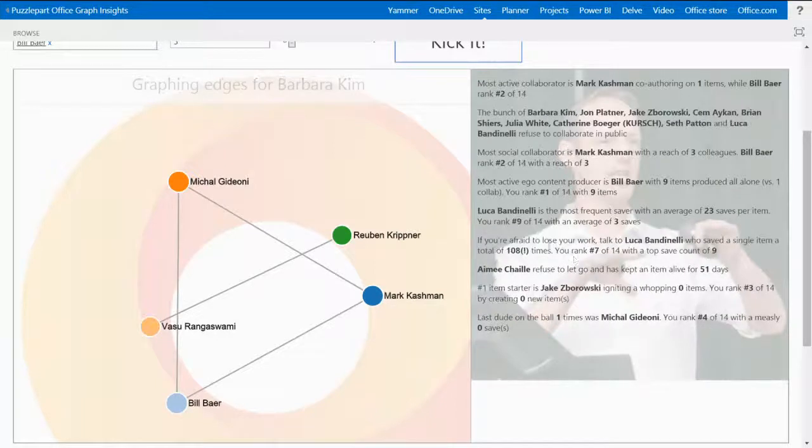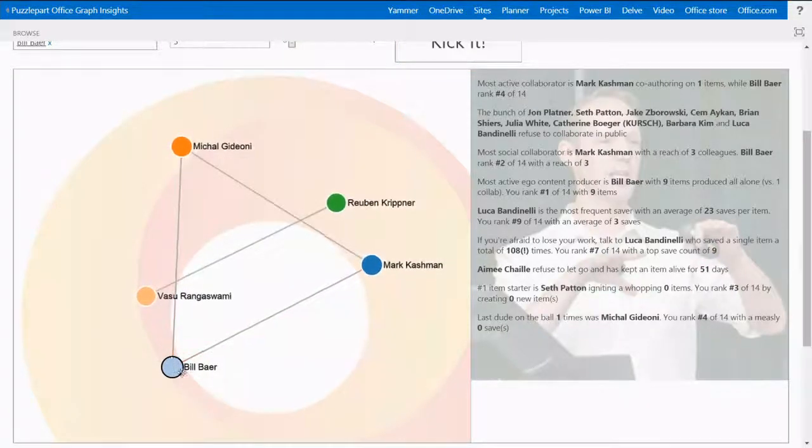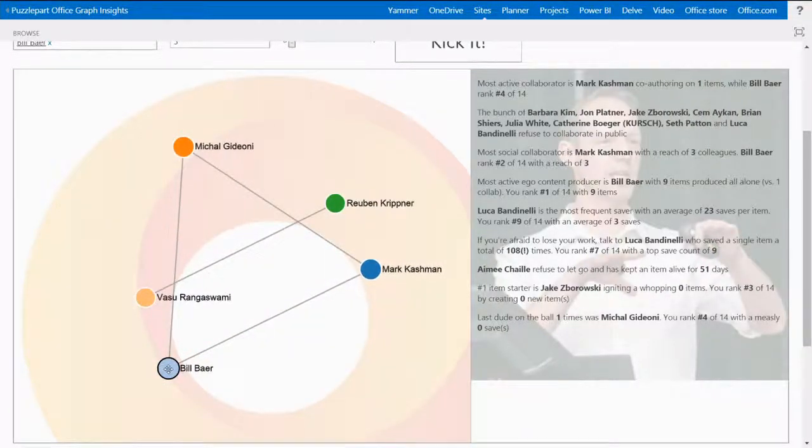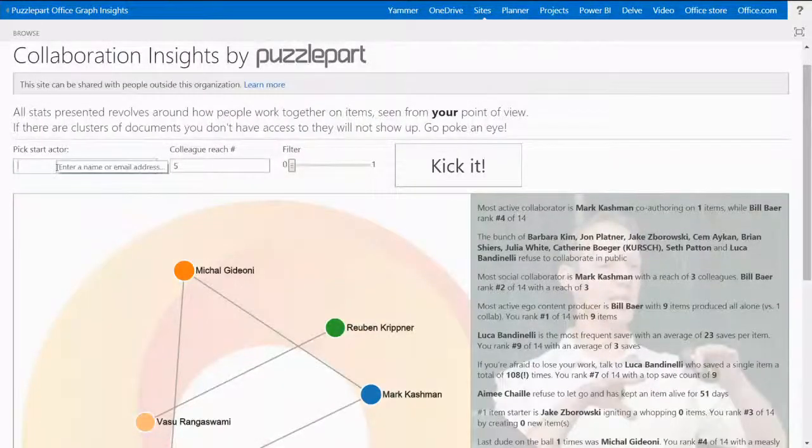So what's this triangle you got going here, Bill? Yeah. No, I want you got a lot of people. You talk to everyone, and you also have an account Office 365. So you have a user. So I'll pull you. Hey, but I've created the most content. Oh, yes, for you, obviously.